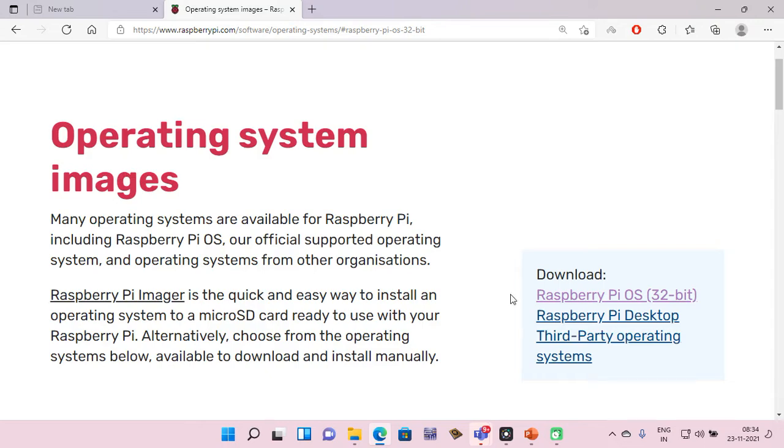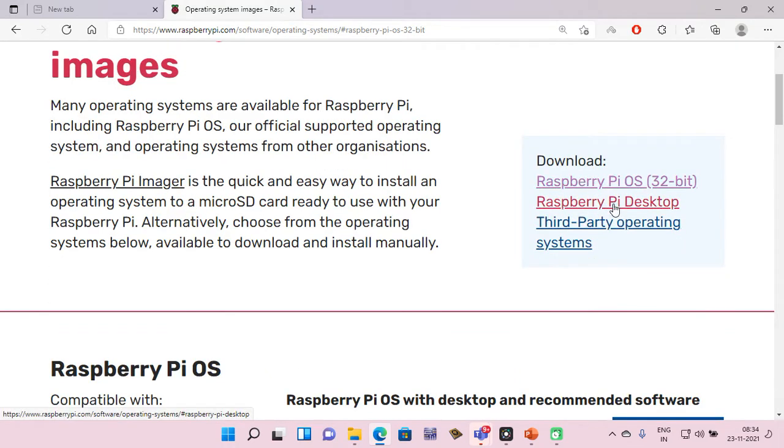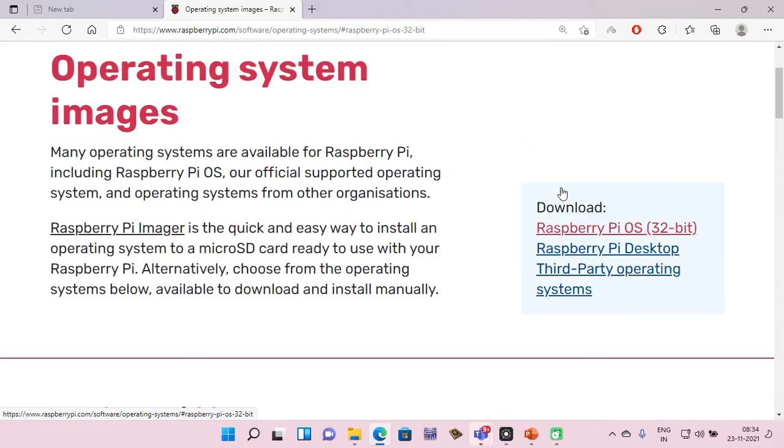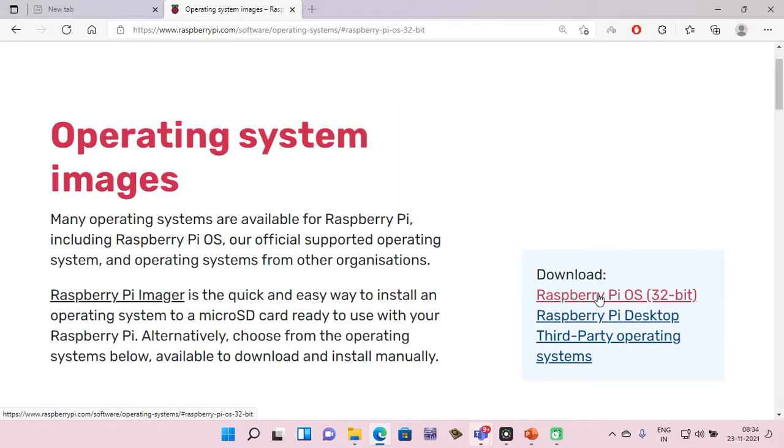desktop version operating system. That means just download this version, Raspberry Pi Desktop, Raspberry Pi operating system 32-bit. So if you just want to learn the Raspberry Pi without the hardware, this is the option for you. Just download the image and write the image on the SD card. You can use Rufus, the Rufus image writer, also a good choice. Let me just click over here.